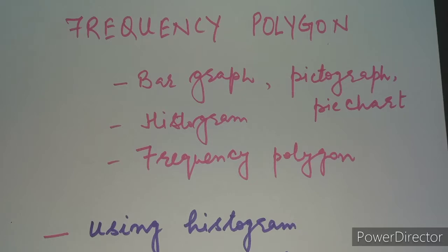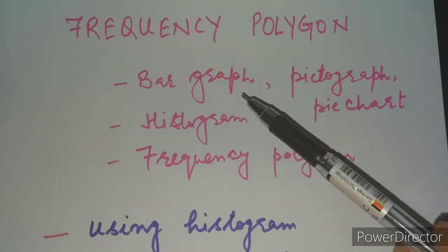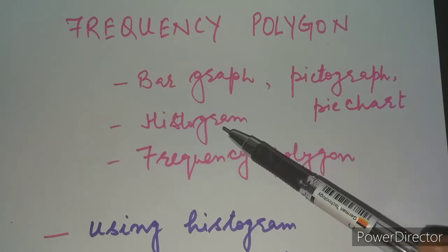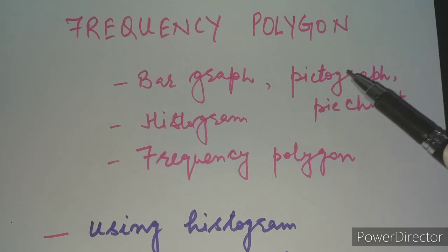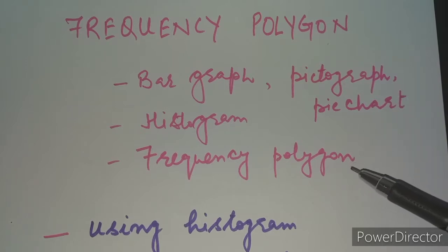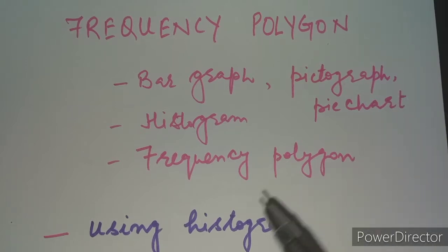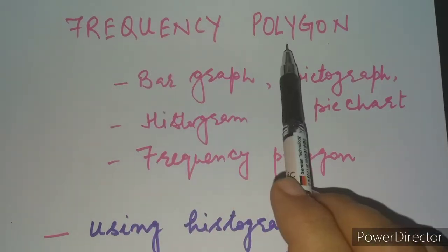This is one more video on the methods to represent graphically our numerical data. We have seen we can show the graphical representation using bar graphs and histograms, and there are other ways to show our data, some of them called pictographs and pie charts, etc. In the same category, today we are going to discuss one more method of graphical representation of data. This is known as frequency polygon.